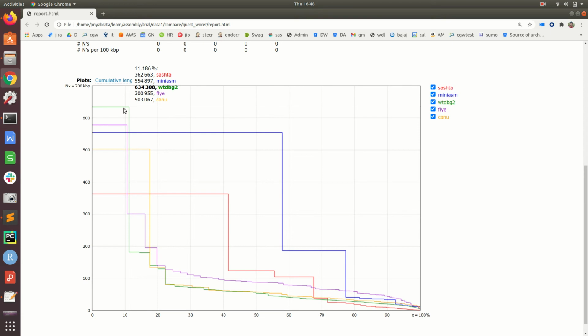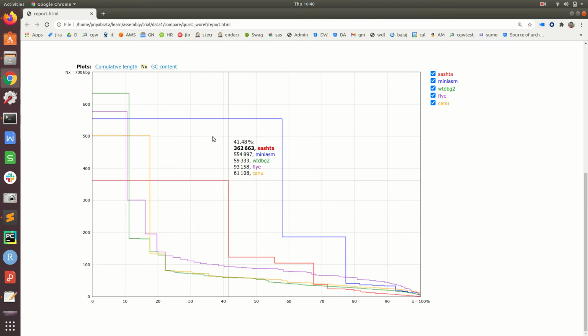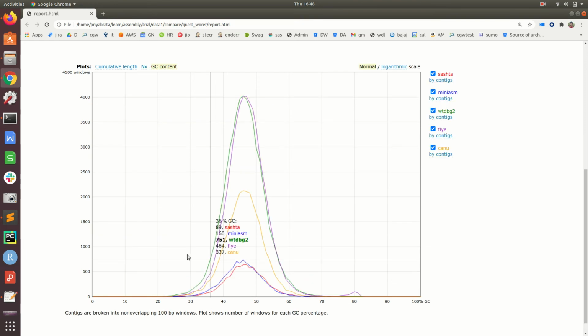Okay, then, interesting, in the NX plot we can see, so now in the last class we have seen that since the assembly size itself is different, this plot is not meaningful because 50% of the assembly size will be different for each of the tools. So we will not use this, instead we will be using the NGX plot, we will see in the next. And we can see that GC content is also comparably very different. I mean they are not different, they have the same kind of observation, only that height is different because the total frequencies of contigs are different.